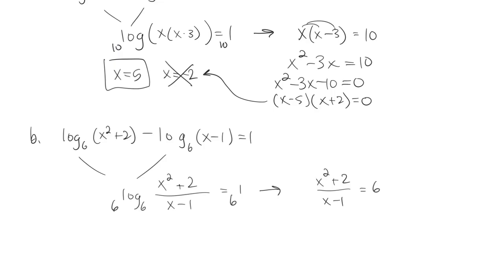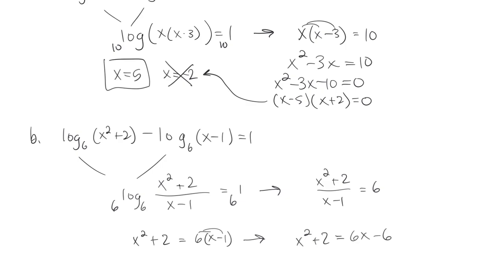Now, again, we have an equation with a fraction in it. We don't typically leave the fraction in there when we're trying to solve the equation. So we can multiply both sides by x minus 1. If I multiply by an x minus 1 here and then multiply by an x minus 1 there, we're going to get x squared plus 2 equals 6 times x minus 1. Then we can distribute the 6 and get x squared plus 2 equals